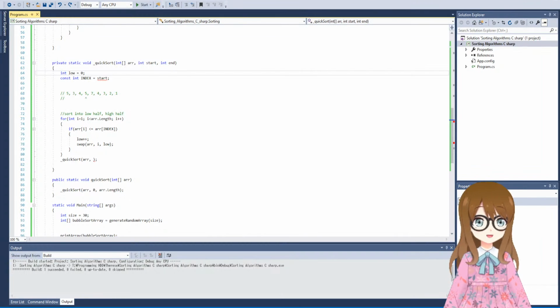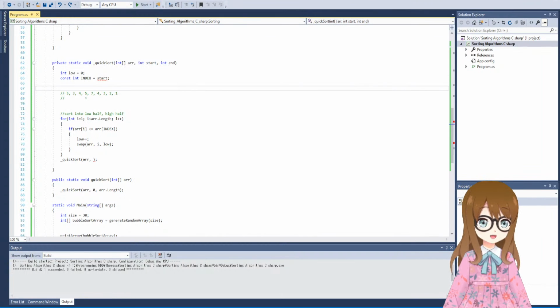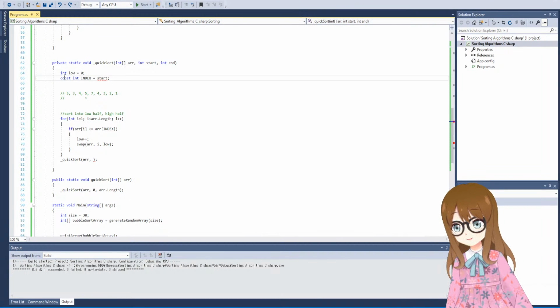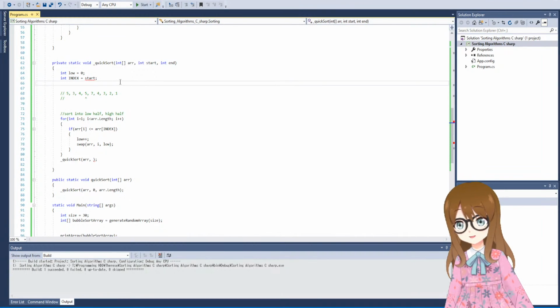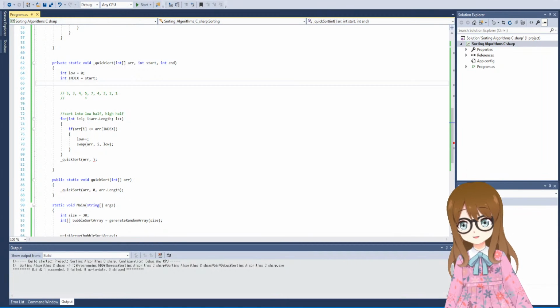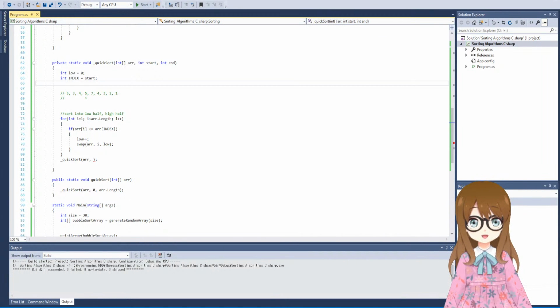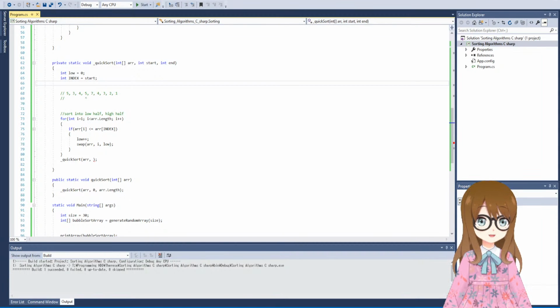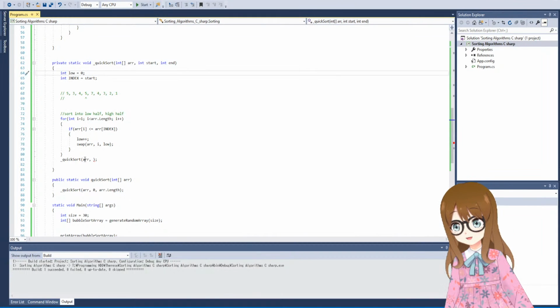Oh, that's probably something to do with copying numbers, right? Okay, so we're gonna get rid of that const. Let's Google that. C#, assign constant to copy of variable. No, you know what? Fine. Let's not use a constant. That's fine. So we're going to do this based on index,